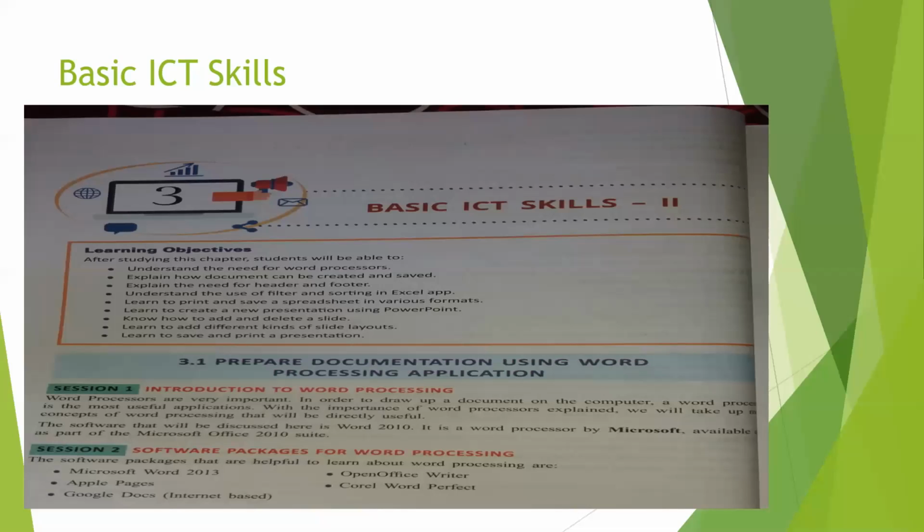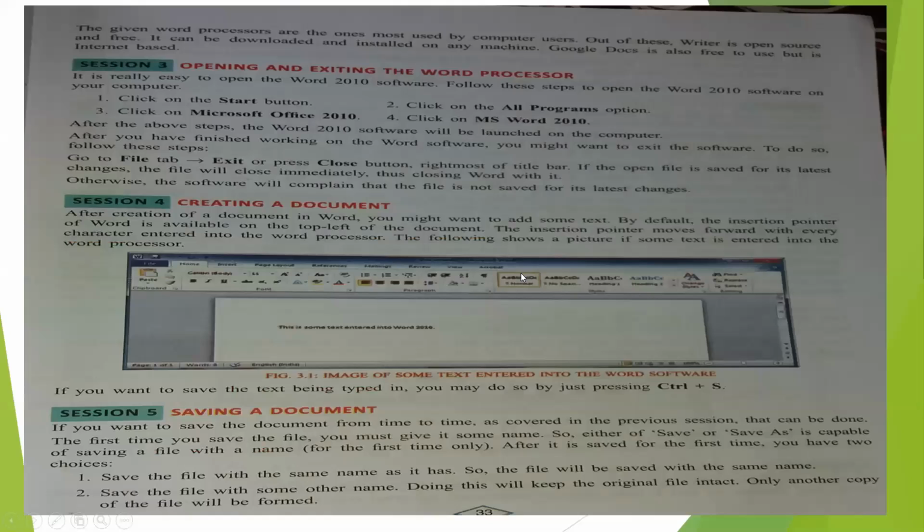The word processing software which is available includes MS Office, that means MS Word, Apple Pages, Google Docs, Open Office Writer which we had last year, and then we have Corel WordPerfect. All these are known as different digital applications which give you a platform for creating and editing all these digital documents. In the same way, we are going to discuss how to open, close, and save.